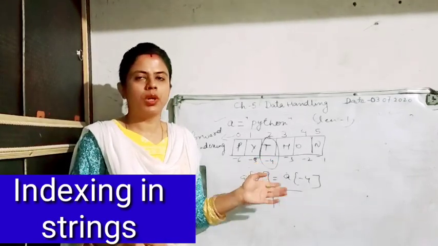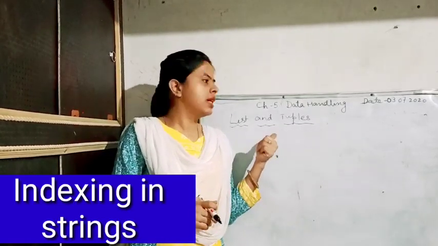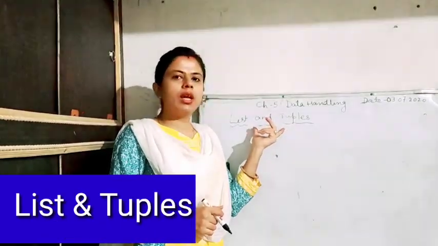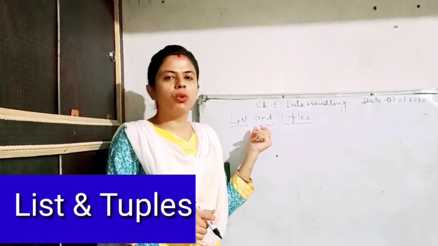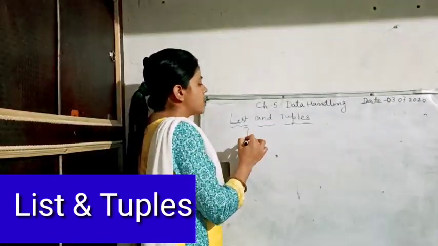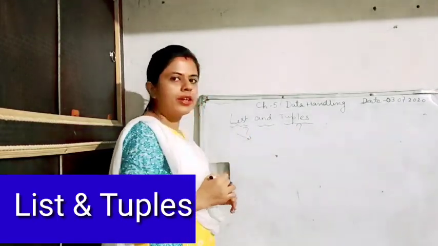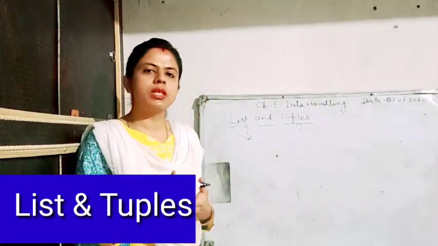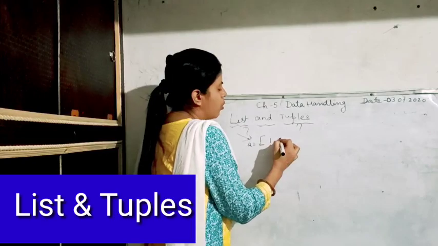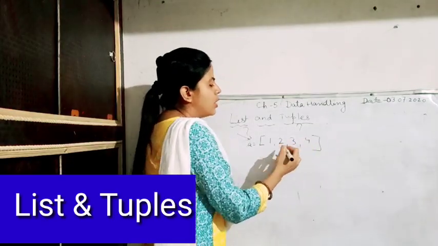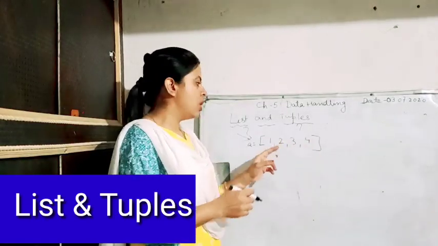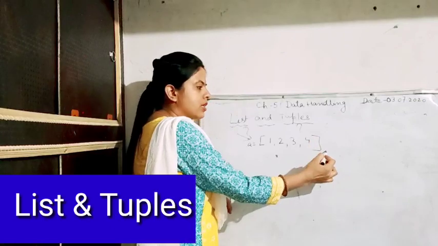Okay, the types which I want to tell you about are lists and tuples. I have written them together because I want to discuss both together, as there is only a slight difference between them. First of all, let us know what lists and tuples are. Lists are a collection of comma separated values which are represented in square brackets. So suppose I have written here A is equal to 1, 2, 3, 4. This will be called a list, because these are comma separated values represented under the square brackets.